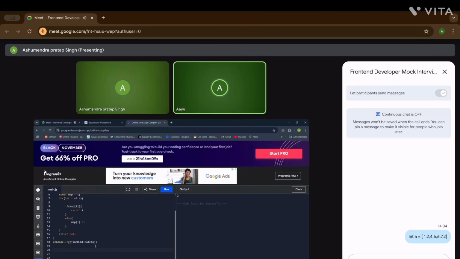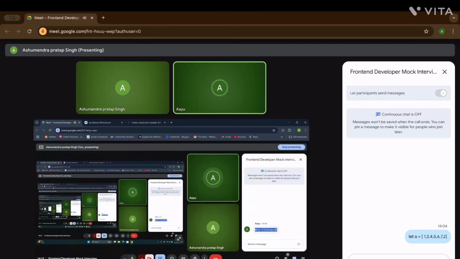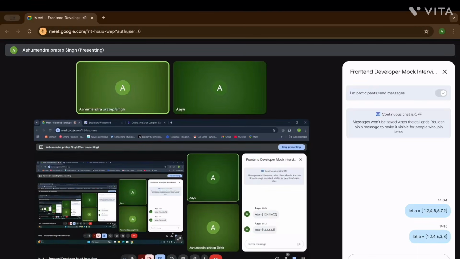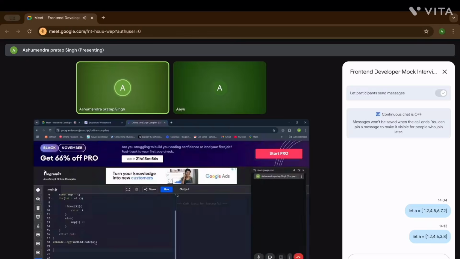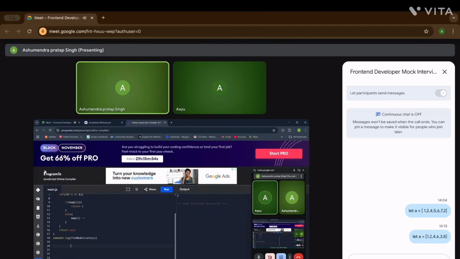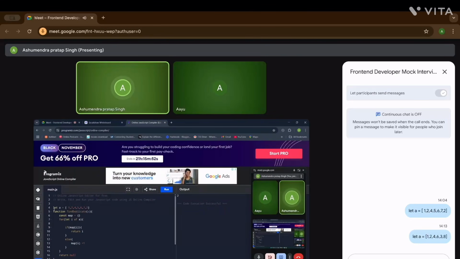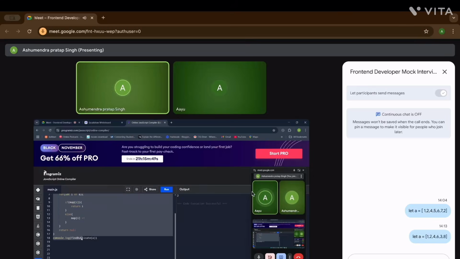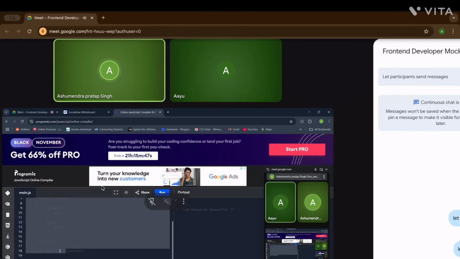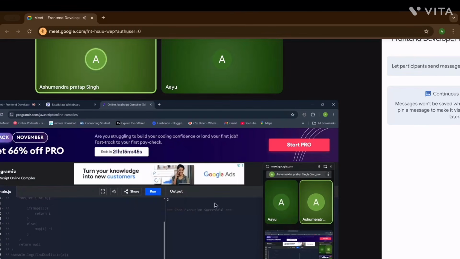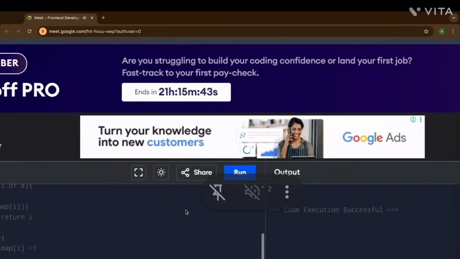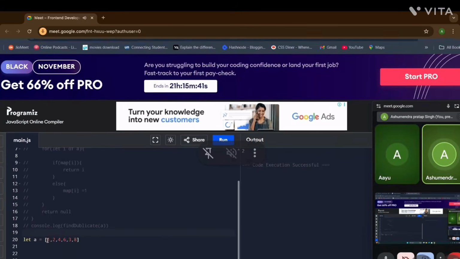I will send one question: find the second largest value. Comment it down. We have to find the second largest value.